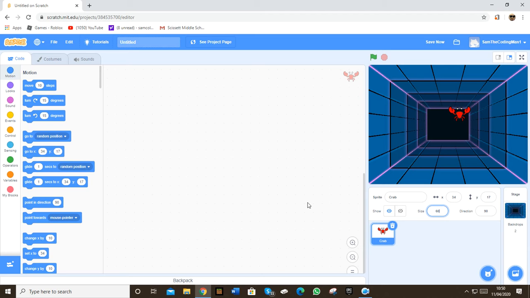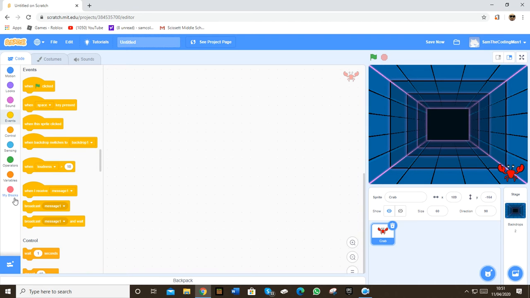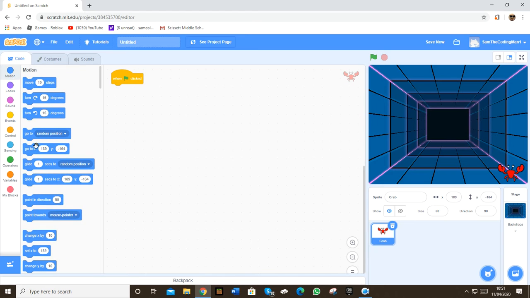I think that's a bit too small. Maybe 60. Yeah, 60 is good. Okay, and then we'll drag it to the bottom right hand corner. So here. And then we want to build a code. So, when the green flag is clicked, we'll go to this X and Y position here,